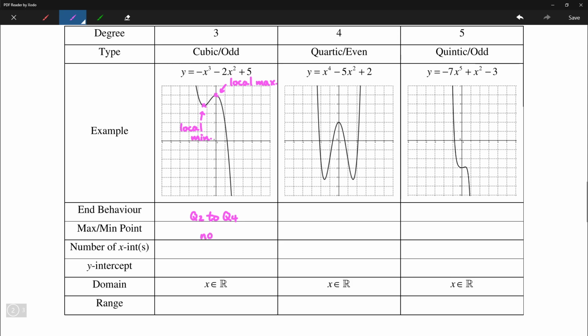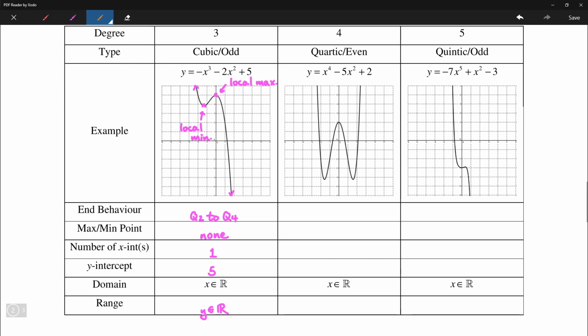So it doesn't have an absolute maximum or minimum point, so that's none. It has one x-intercept. A cubic function can have at most 3 x-intercepts, as we'll look at later. The y-intercept is 5. Once again, it is the constant term, and the range is y as an element of the real numbers. As we can see here, the graph continues upwards on the left and down towards negative infinity on the right. All right, so next one